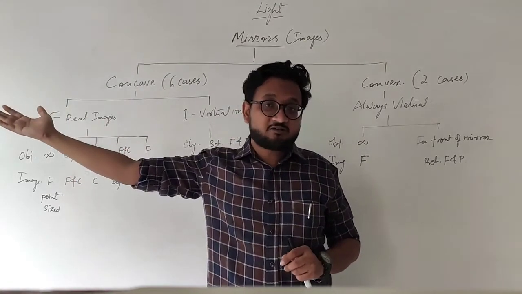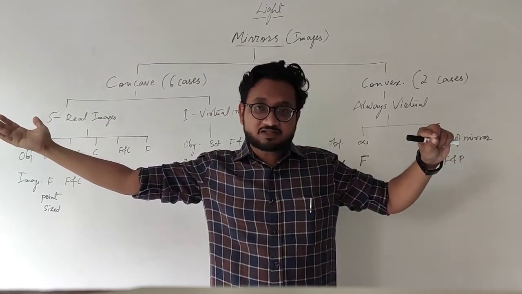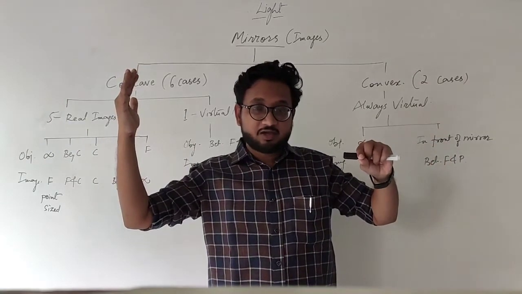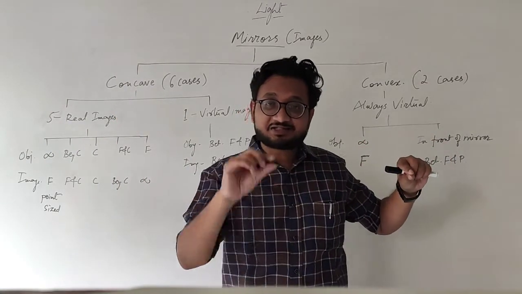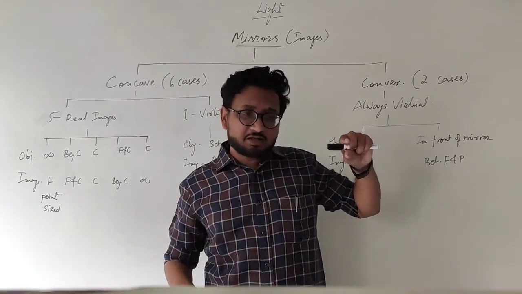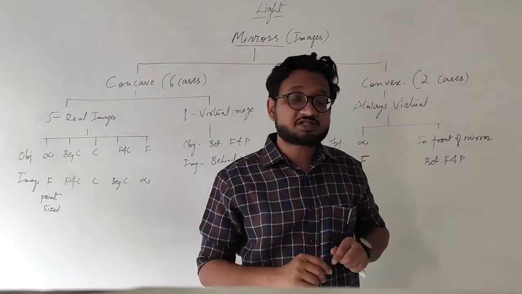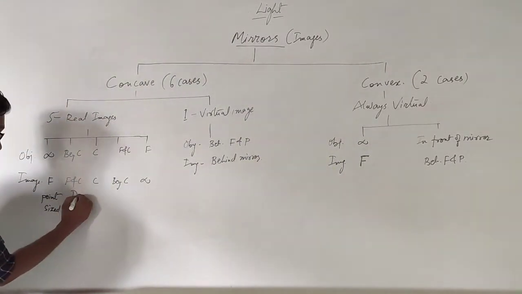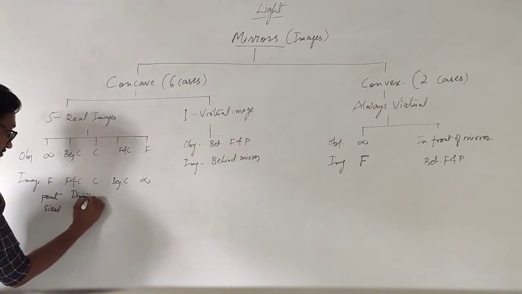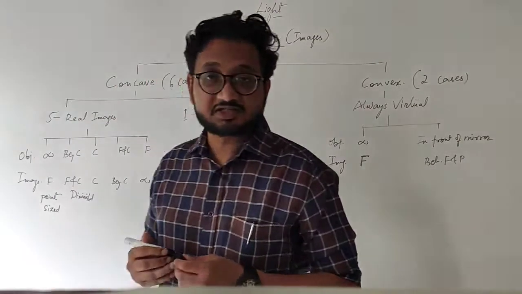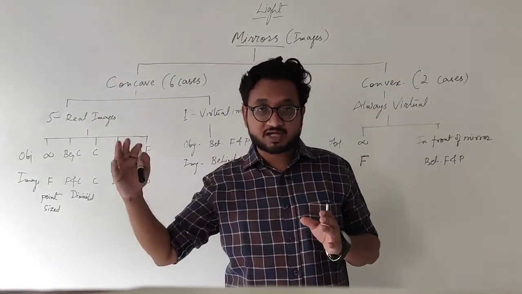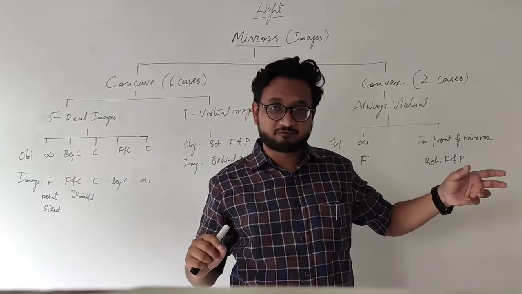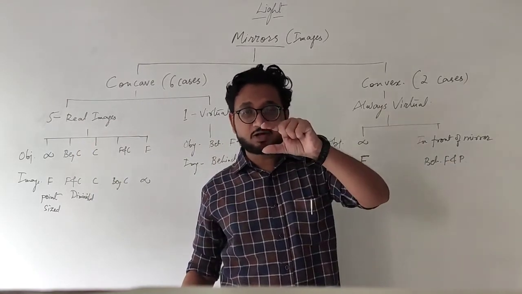If the object was at infinity, the image was at focus, very small, point size. Now you bring the object closer, the image also moves further away. But this time it is not point size, it is just diminished. That means the image is a little bit larger, and you can see the image if you place it on a screen. Diminished means smaller than the object, but not point size. So the image size has become a little bit larger than before. Before it was just point size, now it has grown a little bit.